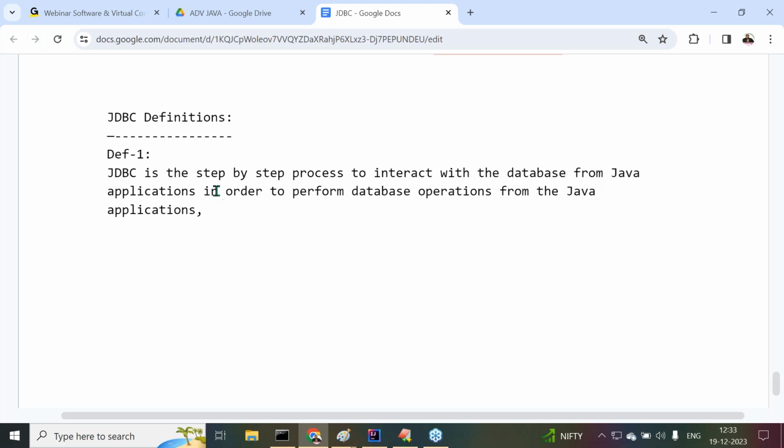Understand it? This, in order to perform database operations from Java applications, is a common target